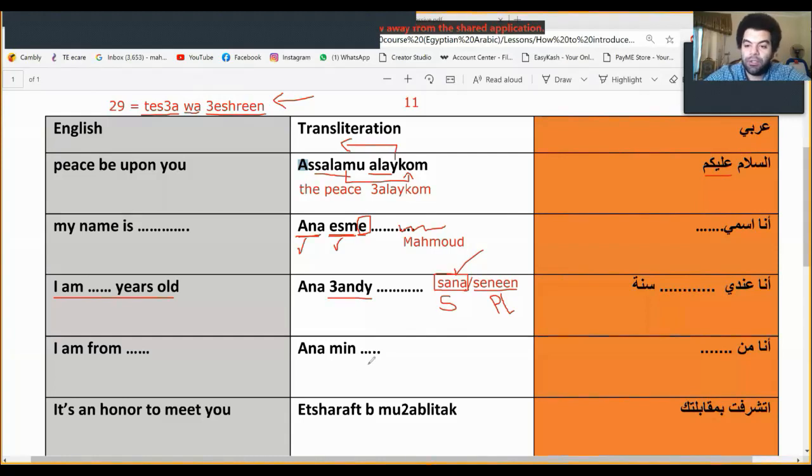Great. Now let's look at the next question, the next sentence. I am from. In Arabic, we don't have this. We don't have am, is, are. We don't have that. So we always skip them. So basically, verb to be in the present, we don't really use it that much. So if you want to say I am from, we simply say I from. So أنا من, I from, and then you say your country. In Arabic, Egypt is مصر.